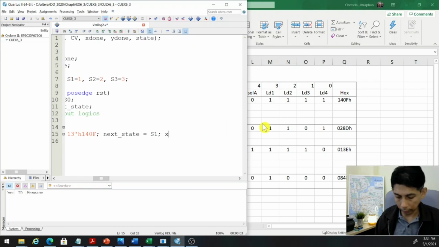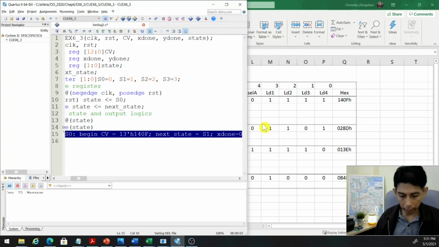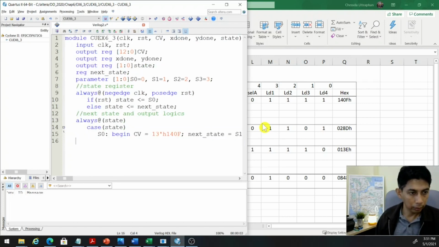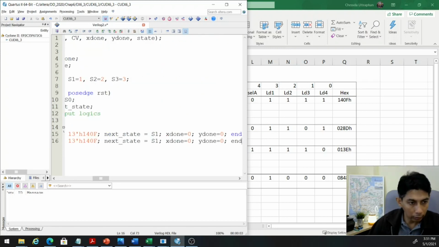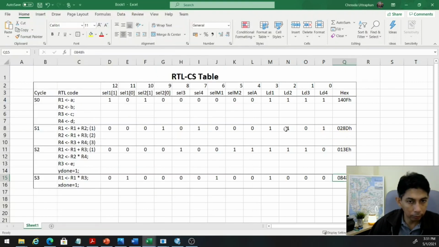X done should be equal to 0 in this case, and y done should be equal to 0 also in this state, and should end here. And we can use the same code here, except that this is S1 and CV for S1 is this,